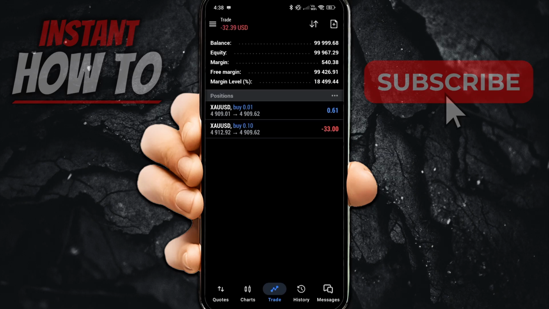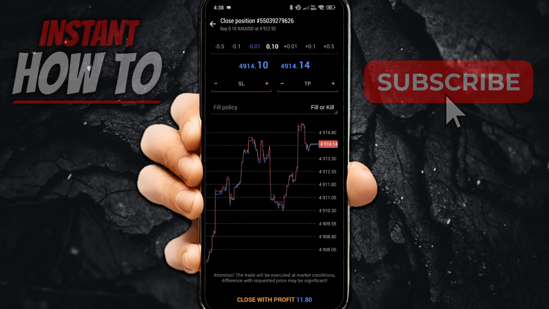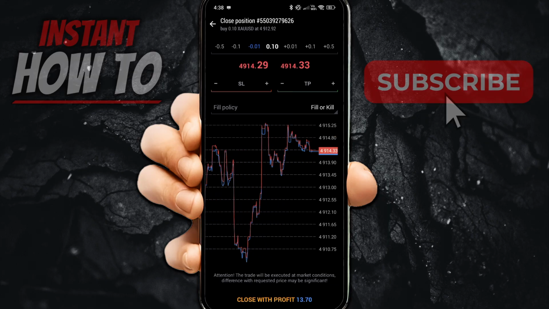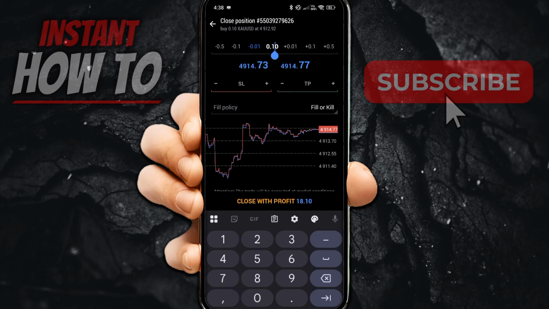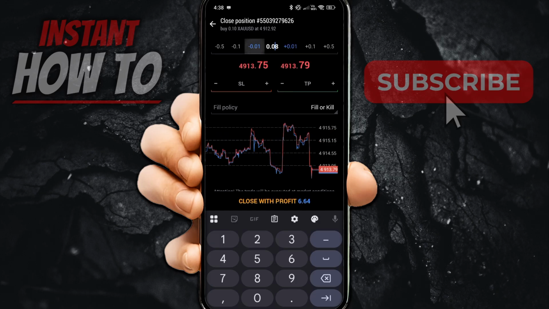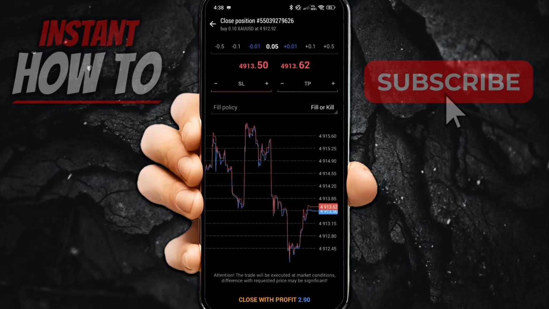So I'm going to just long press it. And when you long press it, you'll be able to see it says close position. Tap on that, and then on here you can see up top I have 0.1, so 0.10 lots. I could go and just basically tap on that and select it to be, for example, 0.05 or whatever I want to partially close, or I could just tap on minus, and then of course I could go and tap on that until I'm happy, and I could just go and tap at the bottom where it says close with